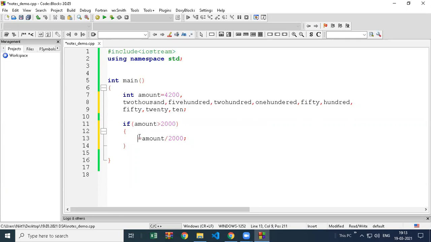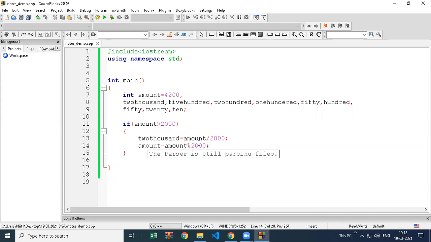So there are a total of 8 different denominations we have. If amount is more than 2000, divide this and store it in the 2000 variable. And then you also have to do amount is equal to amount modulo 2000. Modulo is used for remainder. So let's say 4200 is the amount.